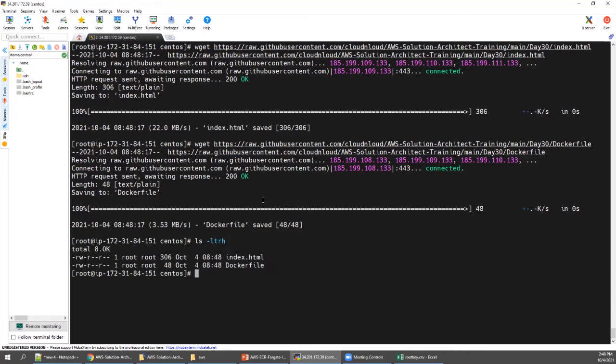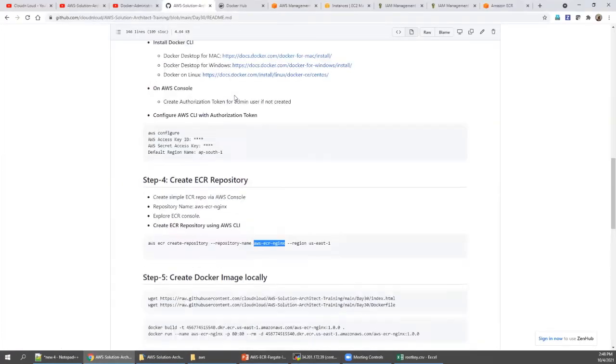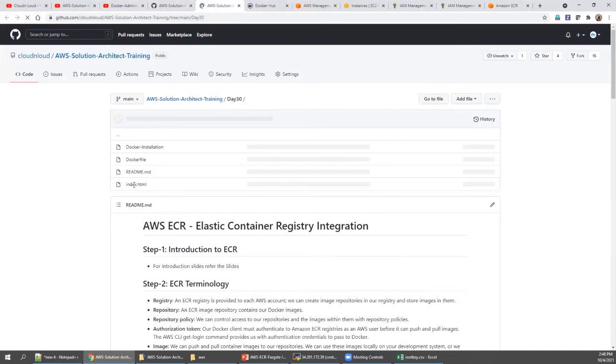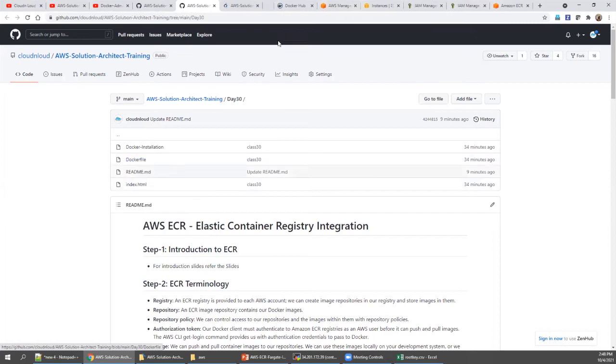So what is there in the index.html? Go here, go above, to the date 30 folder. In that there is an index.html file and a Docker file. Let's open it and check what is there. It's a very simple file I have created, to make sure we get something.